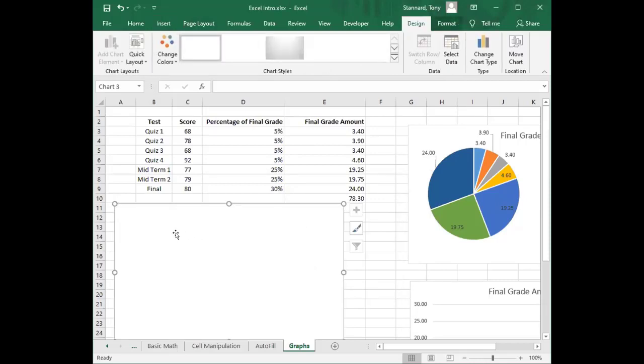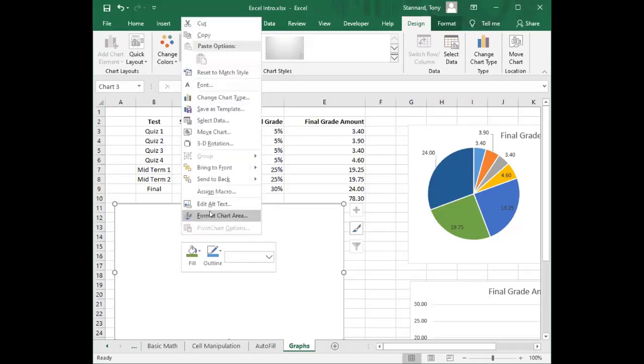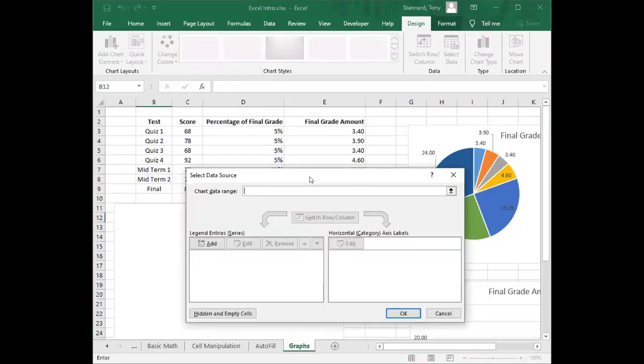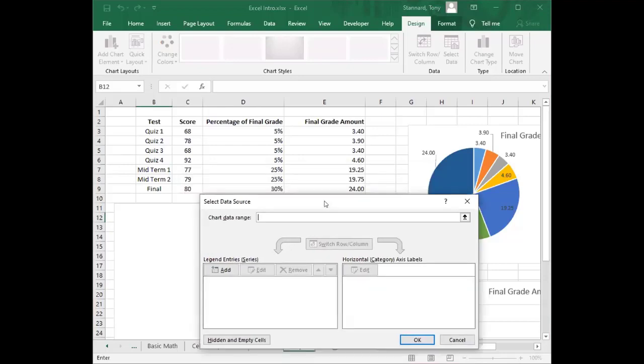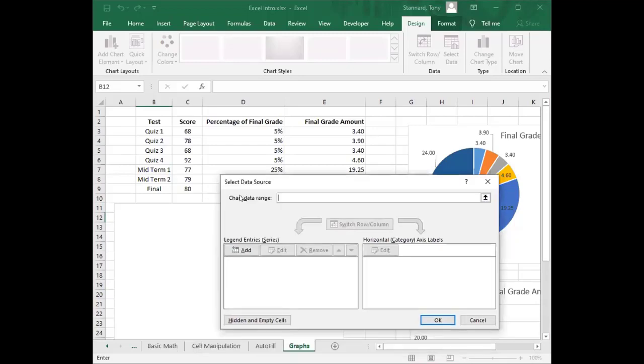Well, in order to do that, I need to select data. So we're going to right click on it, and I'm going to select data. The reason for doing it this way is that in operations management, when you're doing Pareto charts, you're going to be in this area adding in a variety of different information. We're only going to cover the basics here, but what it's asking us to do is it wants to know